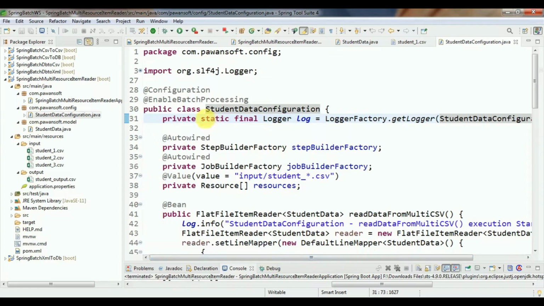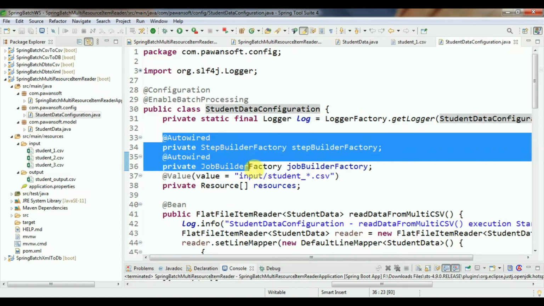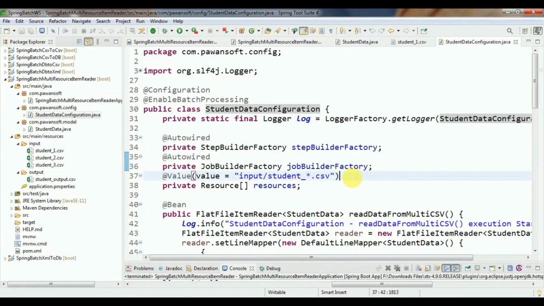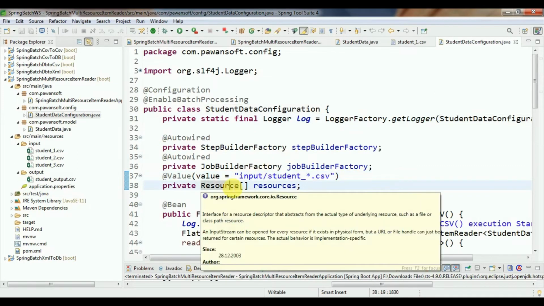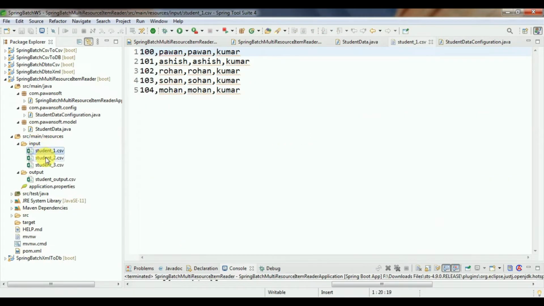Then first you have to create the StepBuilderFactory and JobBuilderFactory, and to read the data from multiple CSV files you have to use a Resource array type. In the input folder you can have multiple CSV files.